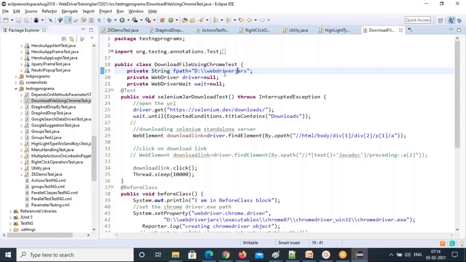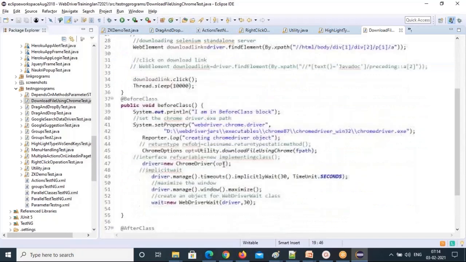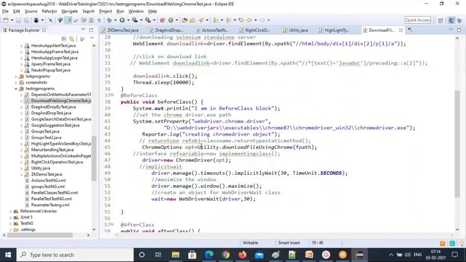You're passing this path, and in this path you need to download your file. Then this method is a return type method, right? How can we write a return type method? What is the object reference you can give, the variable, the class name dot return type static method.